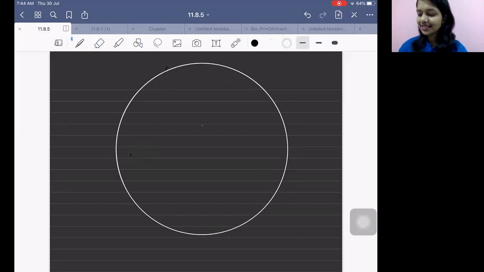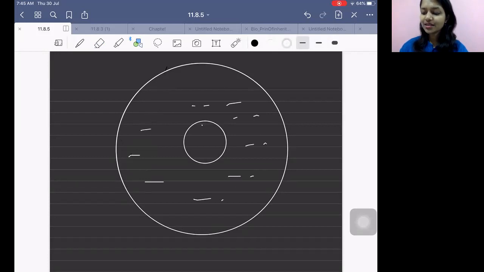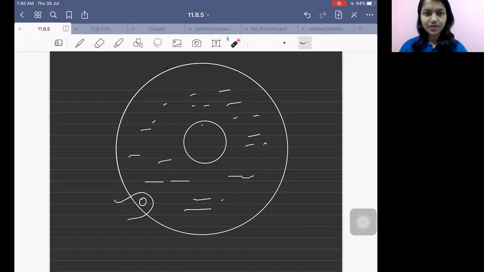So let's say this is the nucleus. So this is animal cell because I have placed nucleus at the center, right? Now this is cytoplasm. Our topic to be discussed is what? Vacuole. Yes, our topic to be discussed is vacuole. Now let's say there is some food, which has been taken in by the cell, right?